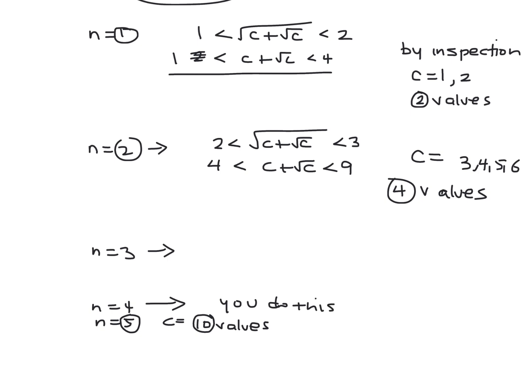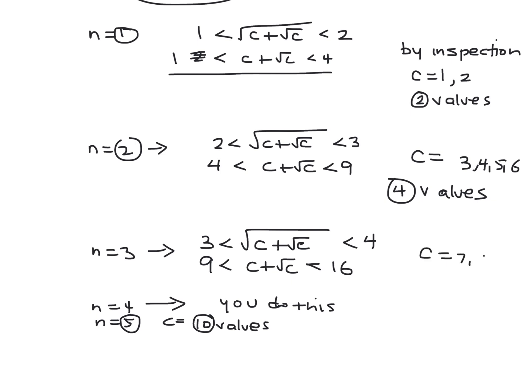N equals 3, we'll get 3 less than root c plus c, less than 4. If you square both sides, you get 9 less than c plus root c, less than 16. And by inspection again, you'll get c is equal to 7, 8, 9, 10, 11, 12, and that's 6 values. So when n is 3, you get 6 values. So in general,